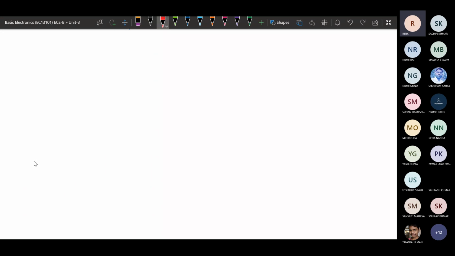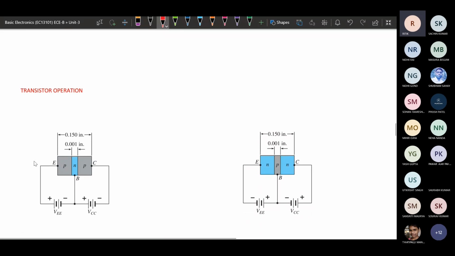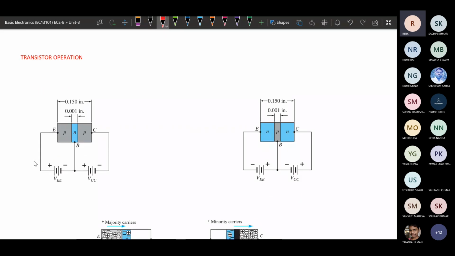We will break this transistor operation into different modes: it has two diodes connected, so we will operate them separately, like one diode is operating and the other is off, then the first is off and the second is operating. Based on that we will see how the transistor is going to operate.